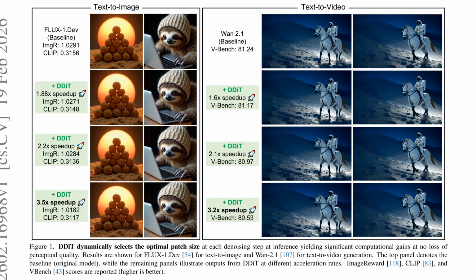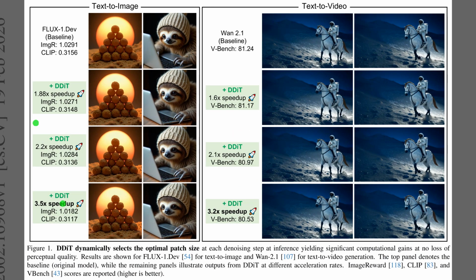Figure 1 demonstrates its performance across modalities, with text-to-image results on the left and text-to-video on the right. The top row establishes the high-quality baseline using standard models like Flux 1 Dev and WAN 2.1. As we move down the panels, DDiT accelerates generation, reaching roughly 3.5 times speedup for images and 3.2 times for video at the bottom. Crucially, even at these high speeds, the visual output remains virtually indistinguishable from the slower original